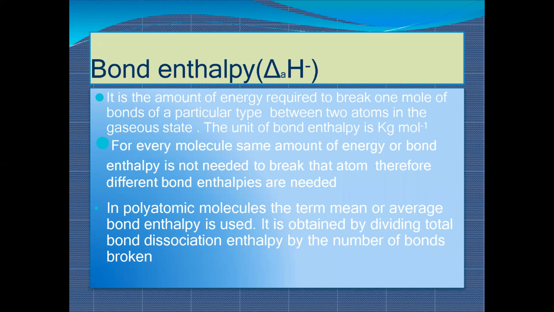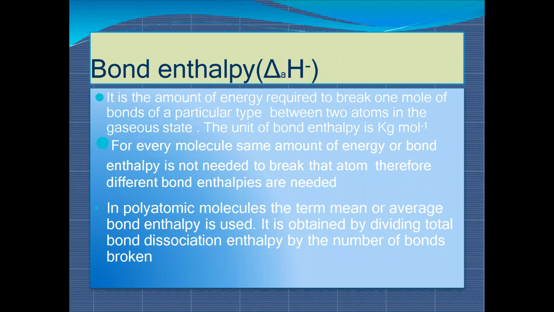The amount of energy required to break a bond between two atoms is known as bond enthalpy. For example, if we talk about the boiling point, what is boiling point? The point at which the bonds between the atoms of that liquid break, and the liquid starts moving into the gaseous state. That is known as boiling point. Same with the bond that exists between the elements: the amount of heat required to break that bond is known as bond enthalpy.